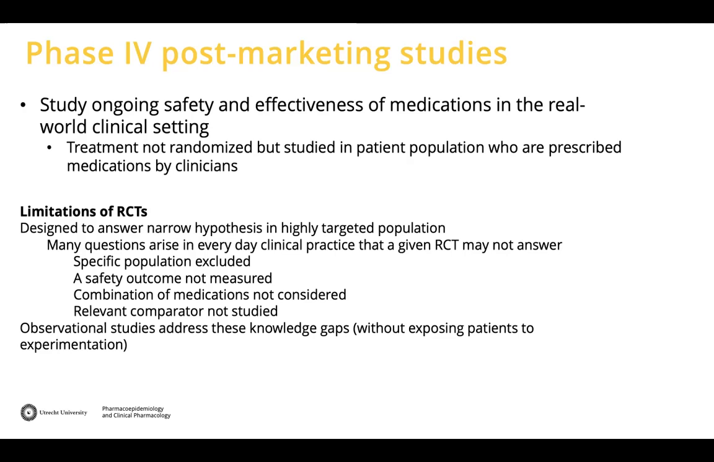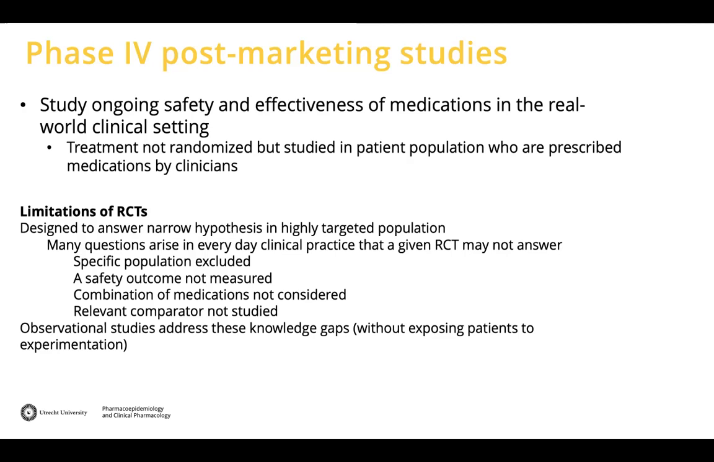So if a specific patient population's been excluded, then we might conduct a phase 4 post-marketing drug surveillance trial to look at the safety or effectiveness of the medication in that particular patient population. A safety outcome might not have been measured in one of the randomized controlled trials. So let's say there's interest with respect to whether or not a medication might have cancer as a side effect, and that can be studied in a post-marketing drug surveillance study because it likely wasn't studied in the initial RCTs that were used to get the medication approved for use